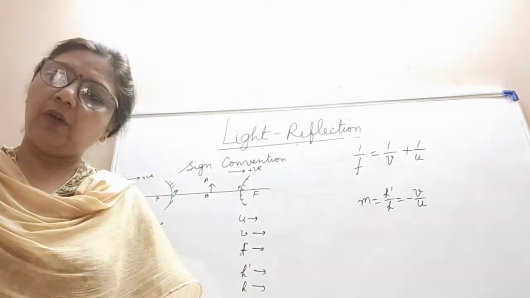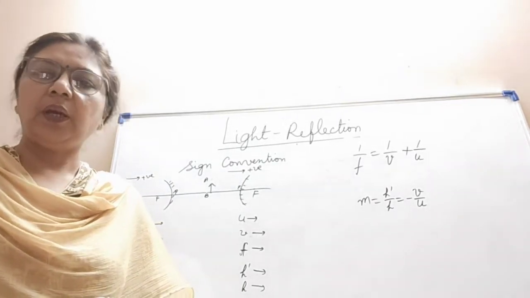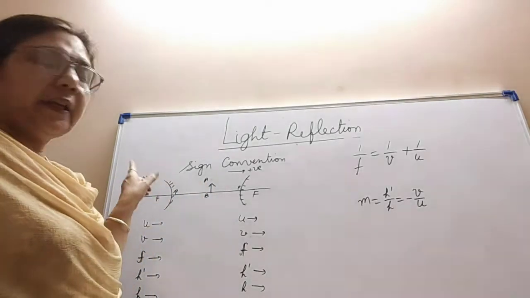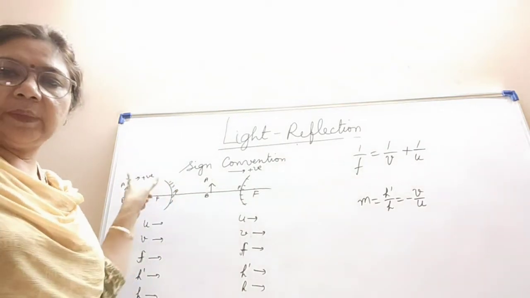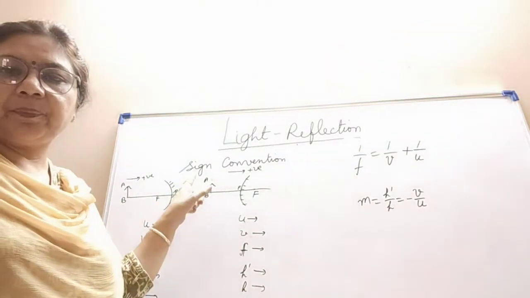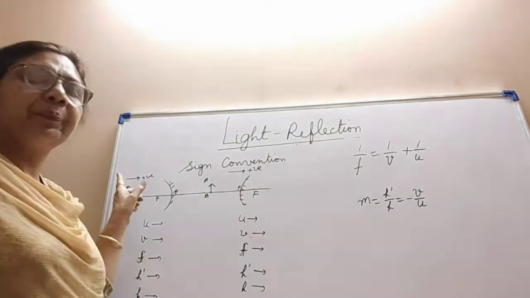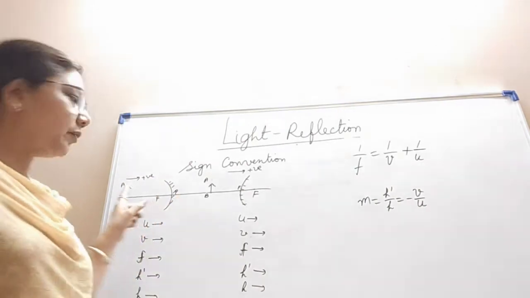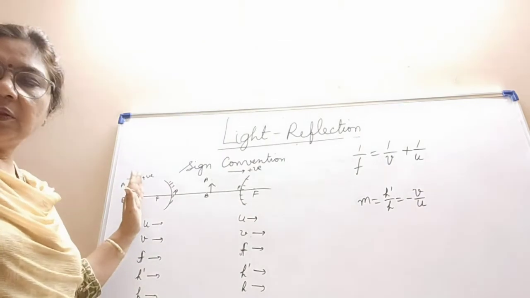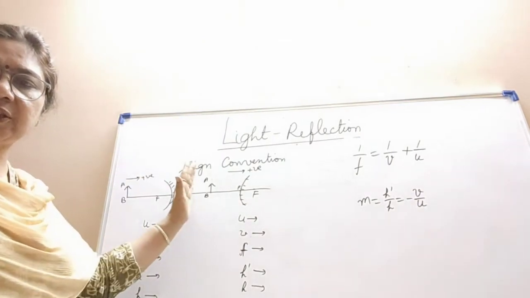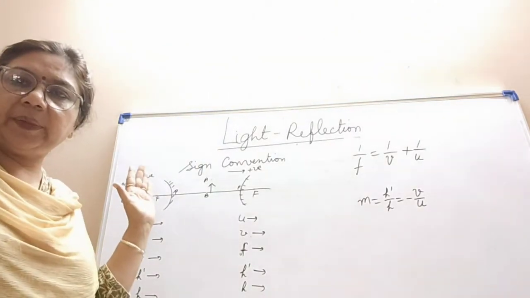Now which direction is negative and which is positive, for that again there is a rule. If the direction of the incident ray is taken from left to right, then left to right will be positive. That is, in which direction the incident ray is going from the object. Incident ray we always take from the object. From the object, the incident ray is going in here. Always we are taking the object on the left hand side. So from left to right this direction will be positive, and if we have to measure from right to left, then that direction will be negative.